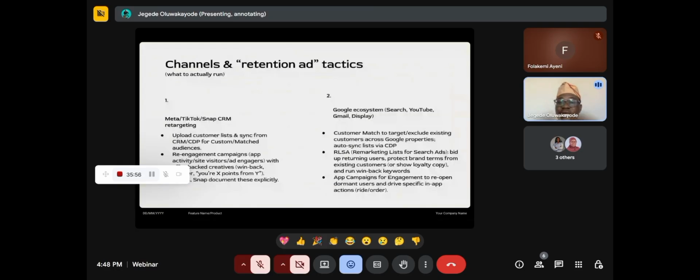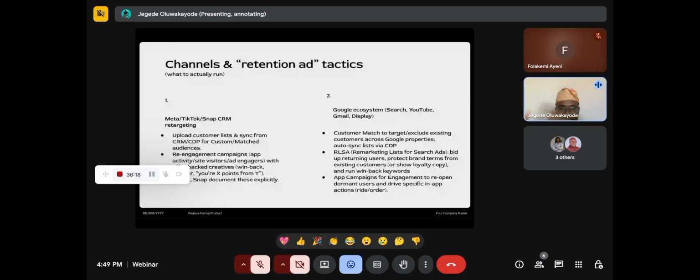Right now, let's talk about the channels. I like to use two different channels, majorly when I'm doing retention ads. The first is basically Meta or social media, Meta, Snapchat, and the second is Google. Now, how it basically works is, if you want to do your retention ads,